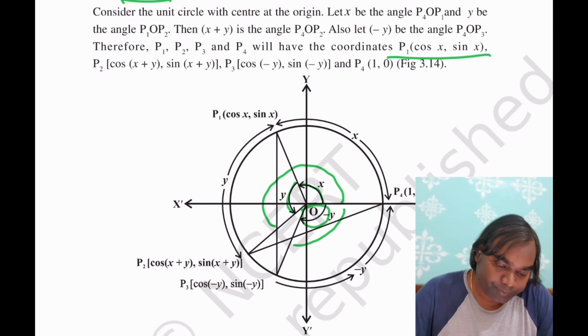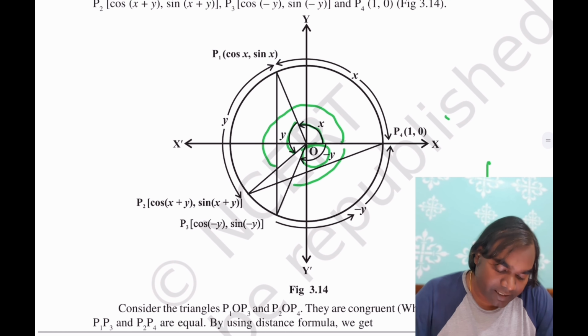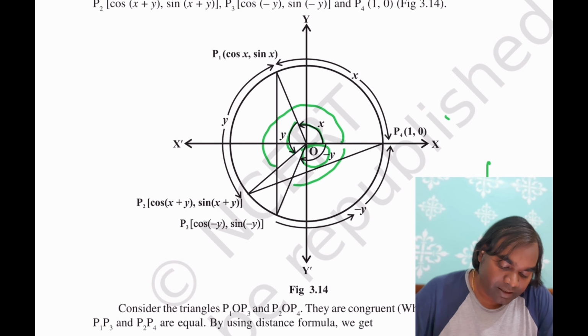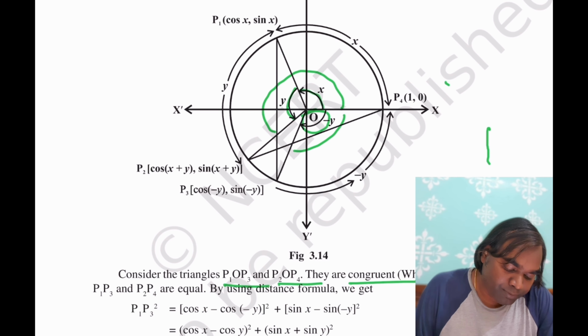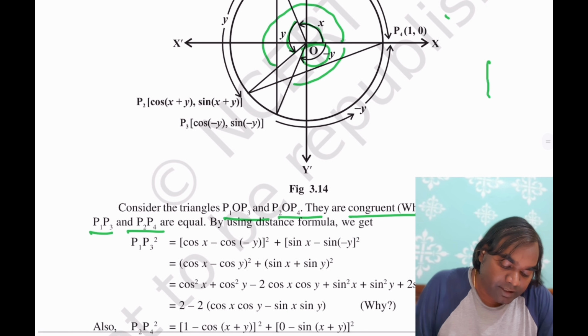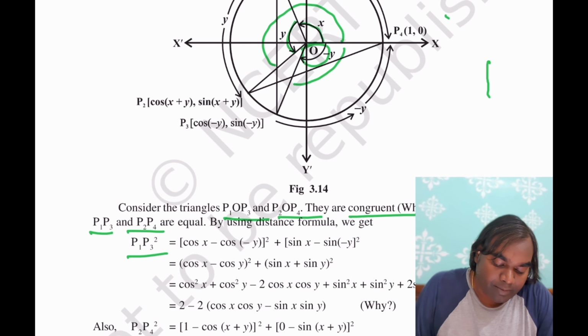So with the help of this diagram, we can consider the triangles P1OP3 and P2OP4 and they are congruent. Therefore P1P3 and P2P4 are equal, and by using the distance relation we can write P1P3 square is equal to (cos x minus cos(minus y)) whole square plus (sin x minus sin(minus y)) whole square,